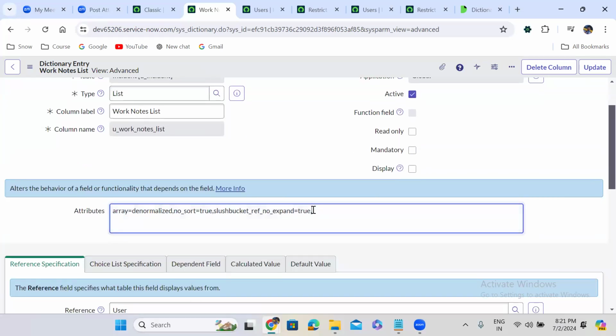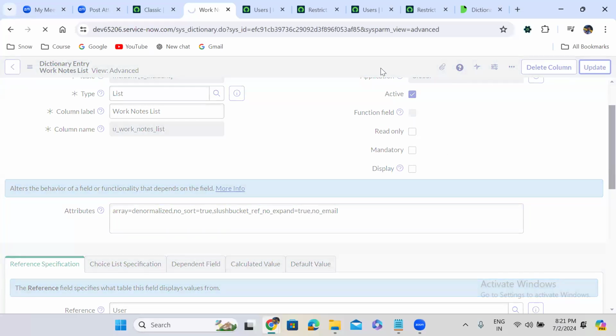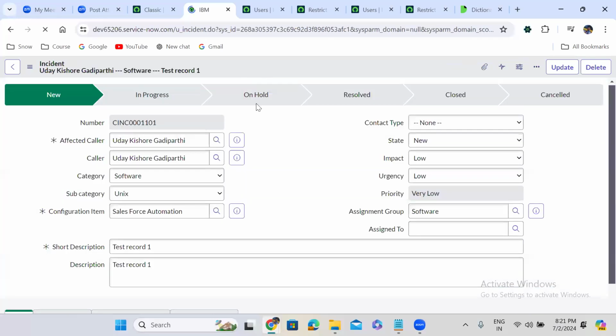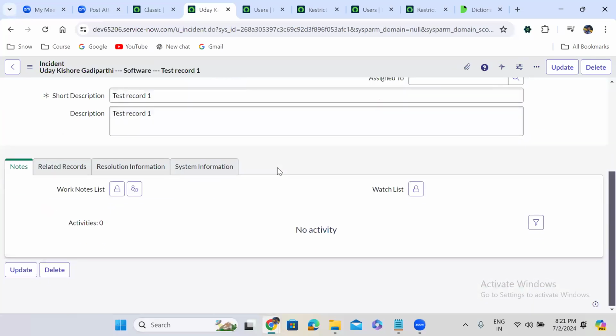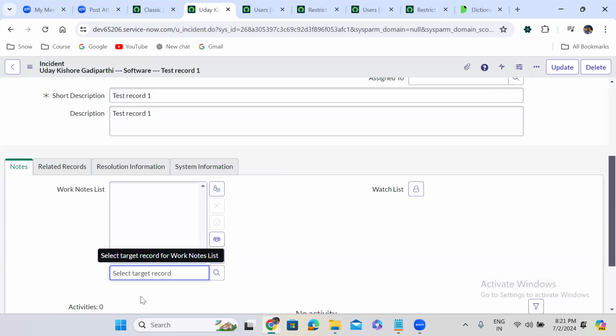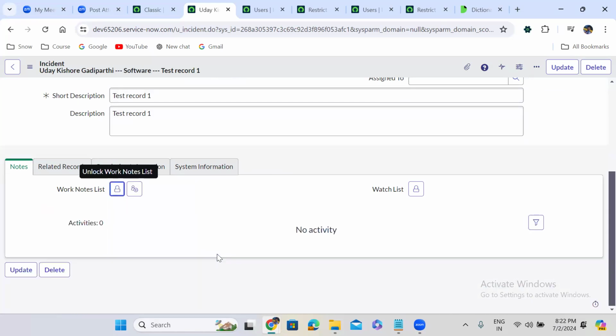Use comma separated, no email. So if I click on this lock icon, you see the email option, it is hidden. It is hidden. So likewise, if you want to change the field default behavior,